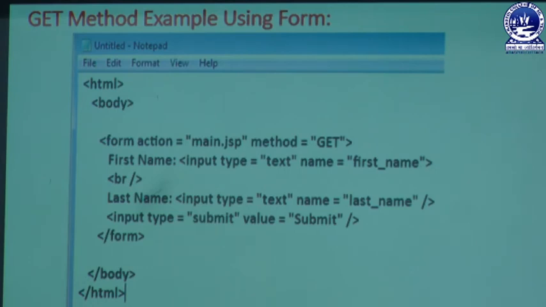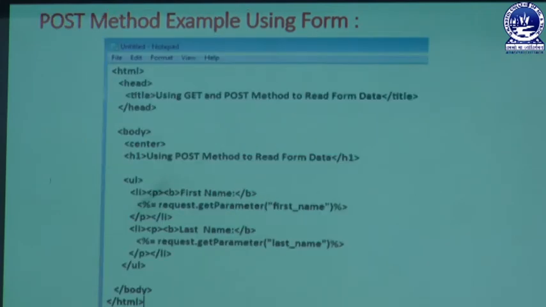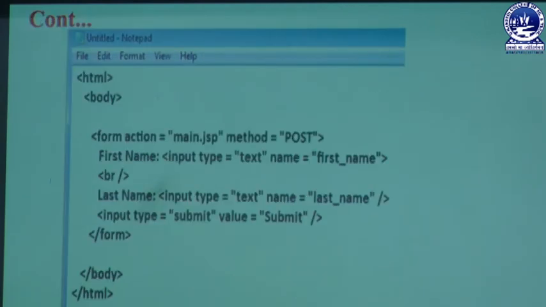In the action attribute we mention the page main.jsp. This main.jsp page is related to our previous slide, and this slide is related to our main.jsp. In that main.jsp we wrote a command like the request.getParameter method. Then we use another type of method written as an expression tag, which successfully retrieves data from the database part. So dynamically you can provide information in this page.